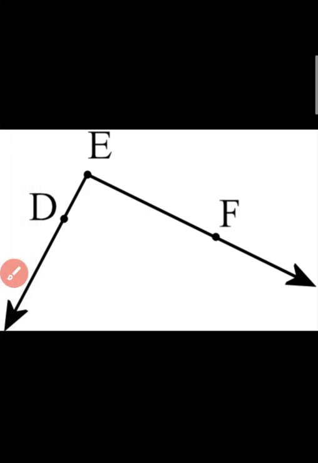Okay, like this we will give names for the angle by using 3 letters or a single letter. The single letter must be the name of a vertex. It should be in the middle while you are writing name of the angle with the 3 letters. Okay children.